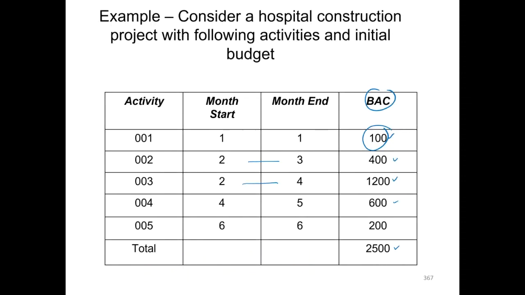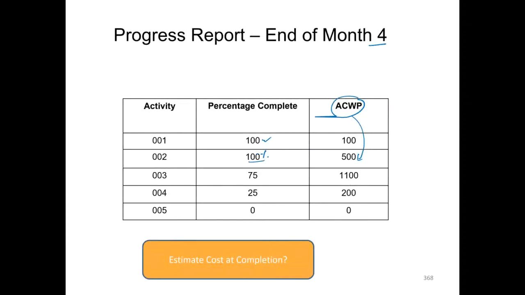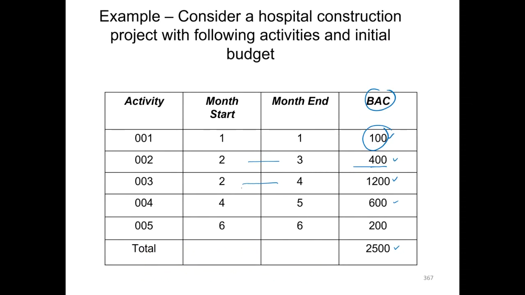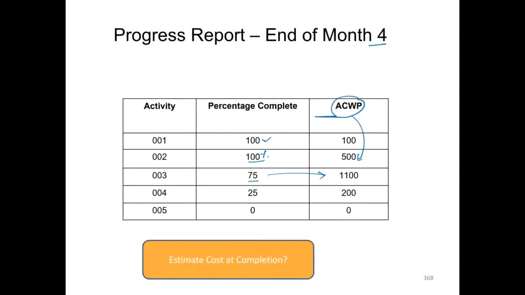The actual budgetary allocation was 400k, so just by looking at it we can see clearly we have 100k overspend on this activity. For the third activity, it has been completed 75%, and we have already spent 1100 by end of month 4. If you go to original allocation, it should have been completed by end of month 4, and the total budgetary allocation was 1200. So just accomplishing 75% of the work at 1100 indicates that we are heading for a